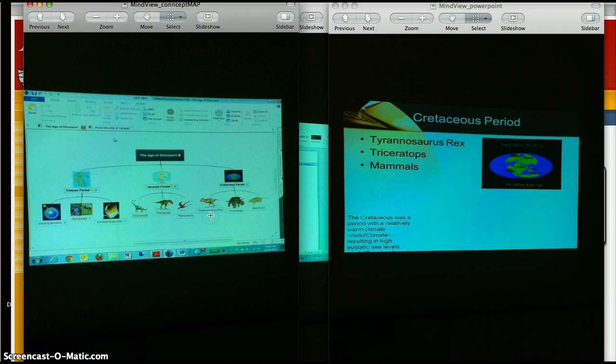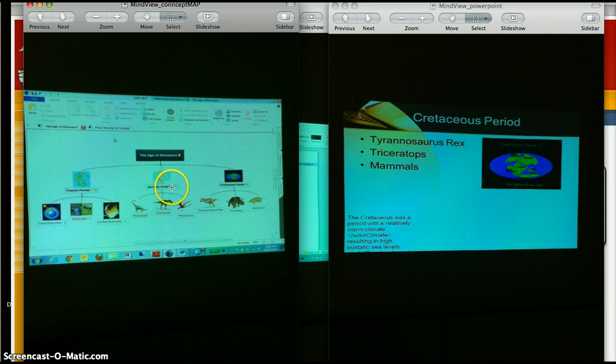In presentation mode, which can be pulled up within the MindView application, we see the whole concept map, and each component of the concept map can be enlarged so that we can go through each component of the concept map. And as well, companion information such as text notes, web links, videos, and images can be attached to each component and pulled up. So for instance,